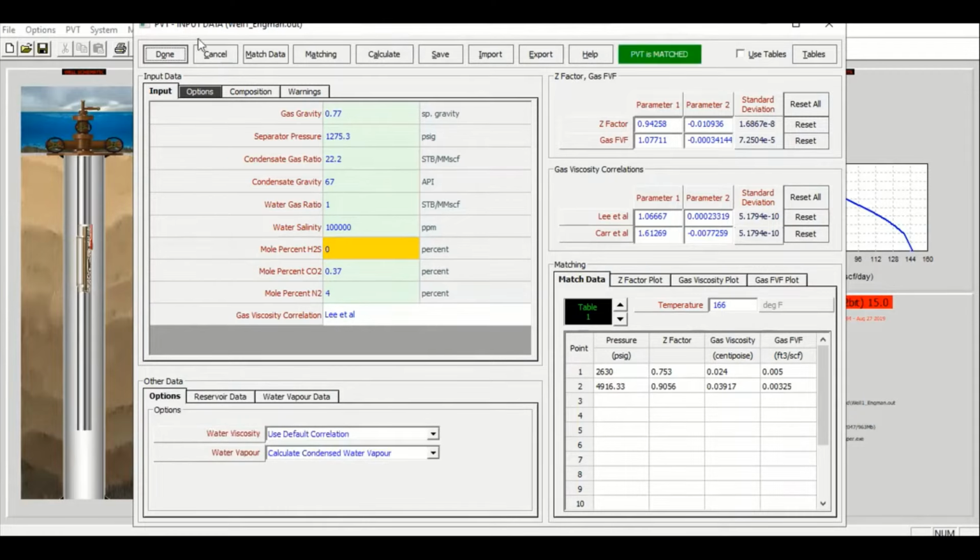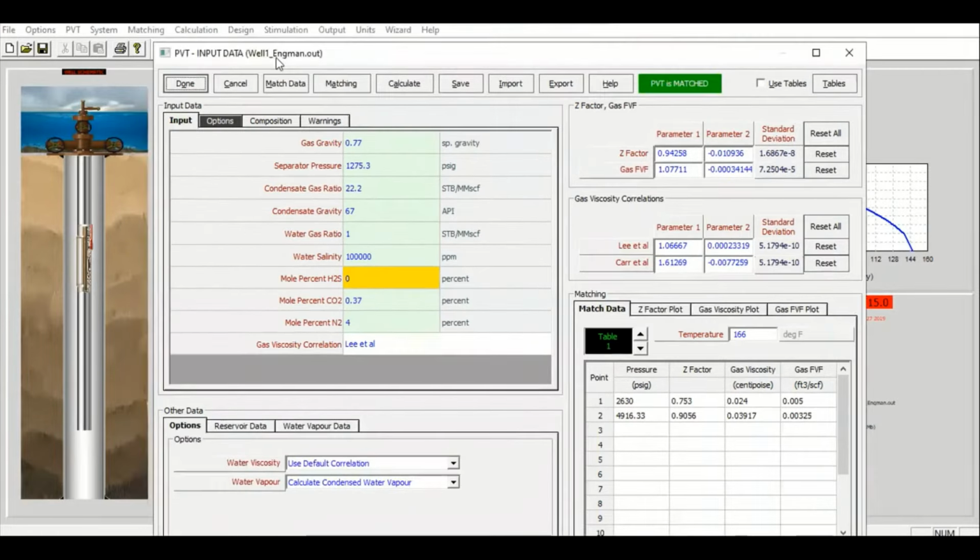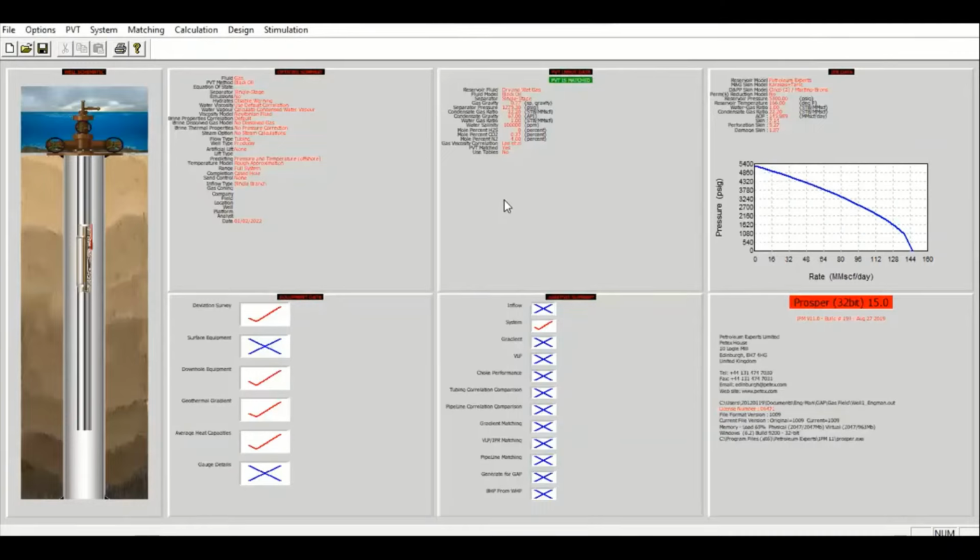We must keep it. Yeah, you see, this is actually well 1 Eng-Man, but I will save it as well 2 Eng-Man. Okay, so I just use the first file to make my life easier. Click done. And then for the IPR,